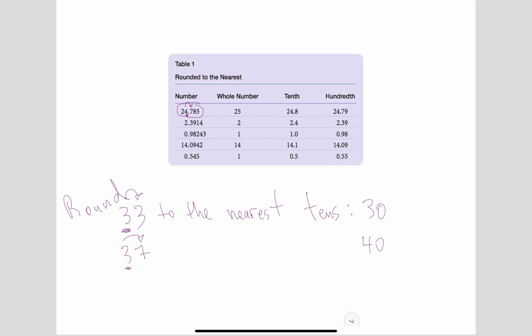All right, let's skip down to this last number here, 0.545. So if I want to round 0.545 to the nearest whole, well, it looks like it's closer to 1 than it is to 0, so I'd round it up to 1, right? If I look at this 0.5, I want to round it to the nearest 1, so then I look at the next number to the right, which is a big number, so that's going to push the 0 up to a 1. But if I wanted to round it to the nearest tenth,